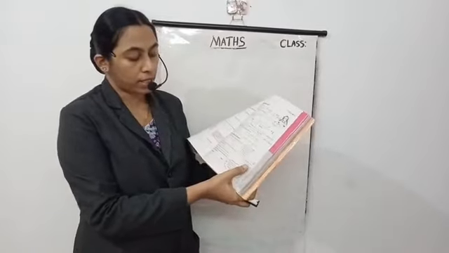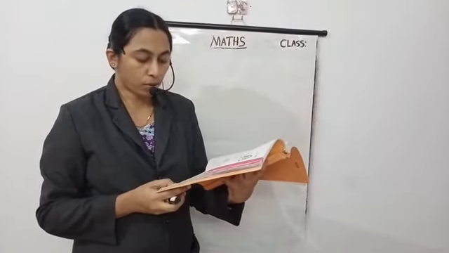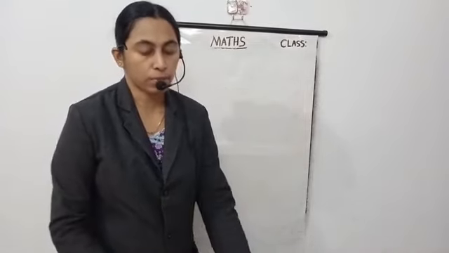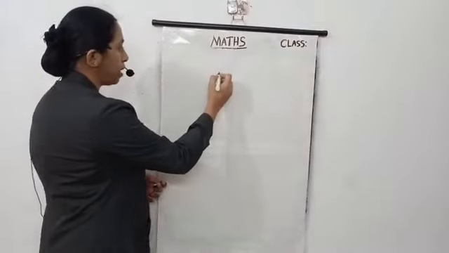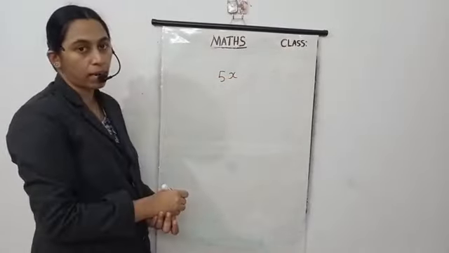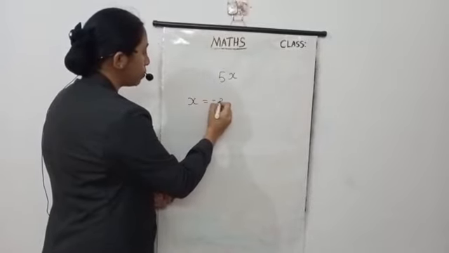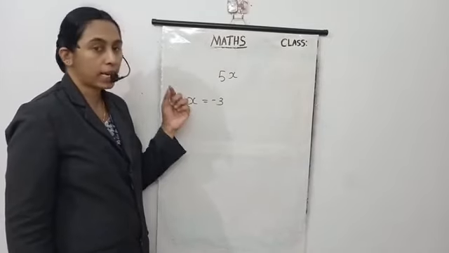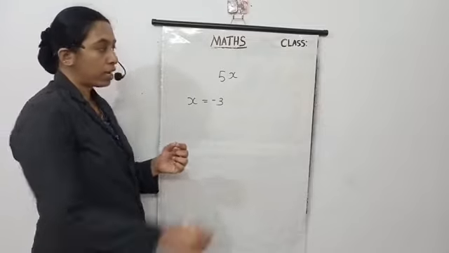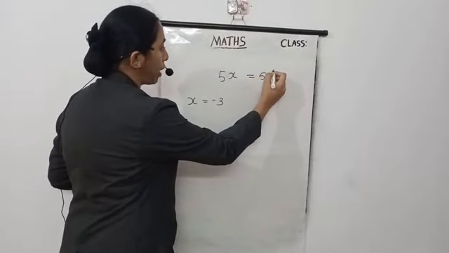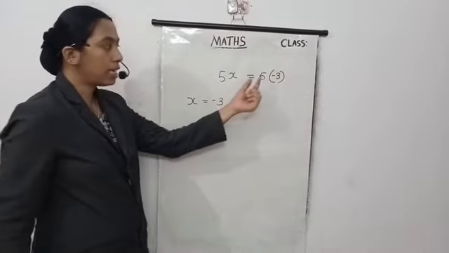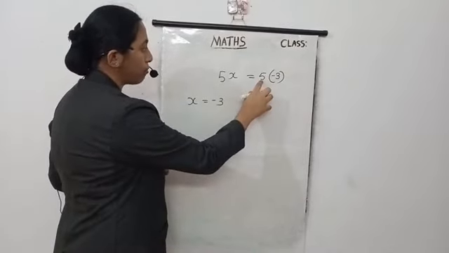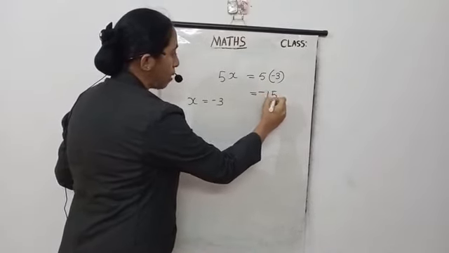Now the second point is this. Remember to make use of brackets while substituting a negative value. If we are substituting negative values, for example, here 5x, given x equal to minus 3. Substituting a negative value means we give a negative value to the given variable. So at this time we use a bracket here. That bracket indicates this is for multiplication. So we do multiplication. 5 3s are 15 and this is minus 15.